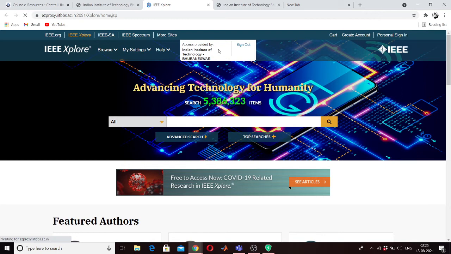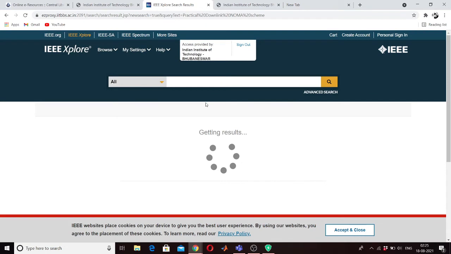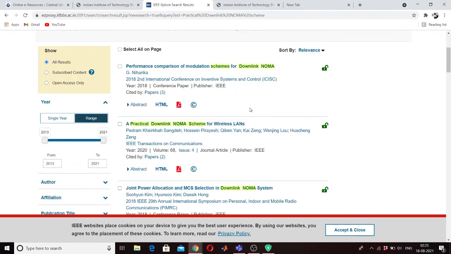So now let me type in practical downlink NOMA scheme. So the lock is open for these things. The institute has subscribed to these journals.